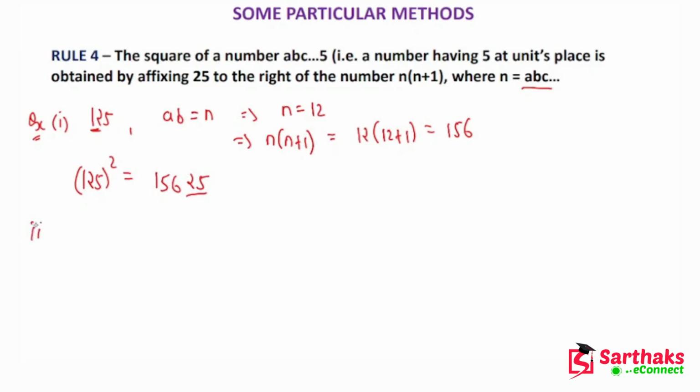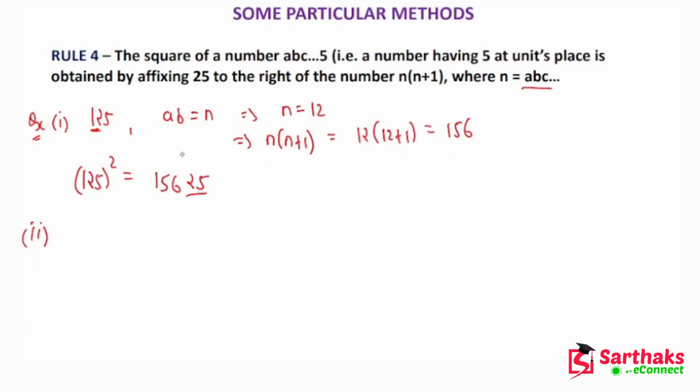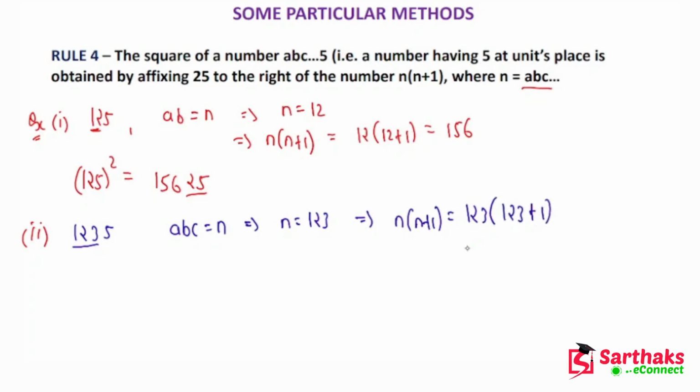Let me give you a 4-digit number and see how fluently this method works with a 4-digit number too. Let us take 1, 2, 3, 5. So it is a 4-digit number. Leaving 5, this will be ABC over here because it is a 3-digit number. So here ABC equals N, which implies that N equals 123. It is not again 1 into 2 into 3, it is the 3-digit number 123, which again gives us N into N plus 1. So that is the only calculation which we have to do, that is 123 into 123 plus 1, which would come out to be